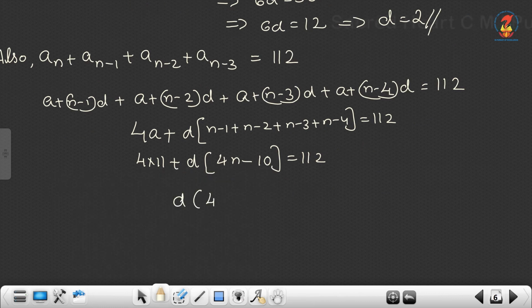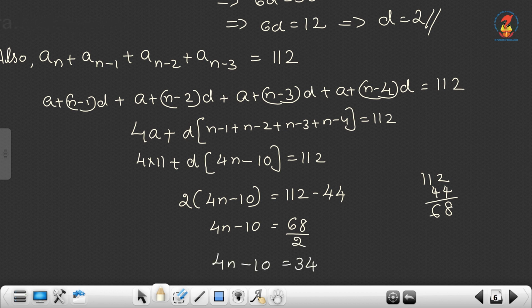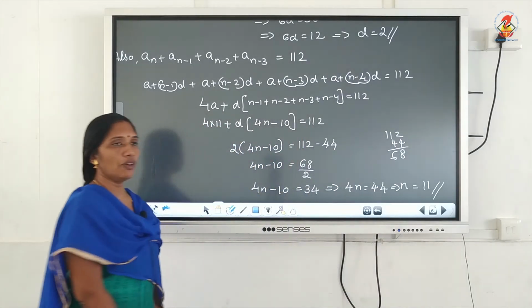So d into 4n minus 10, d is 2, is equal to 112 minus 44. 112 minus 44 means 68. So 4n minus 10 is equal to 68 by 2. So 4n minus 10 is 34, which implies 4n is equal to 44. So n is equal to 11. So the value of n is equal to